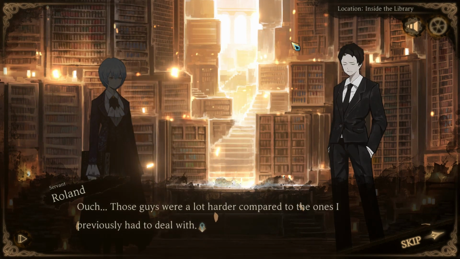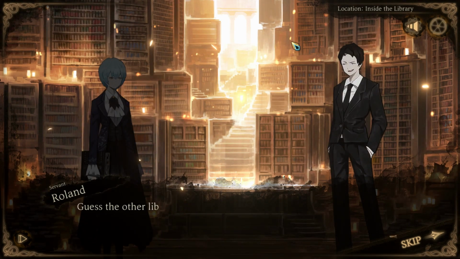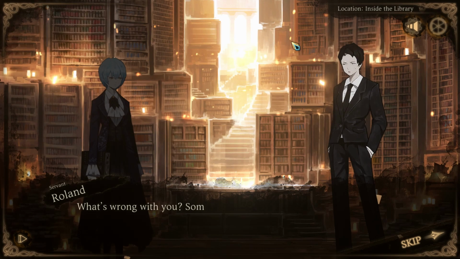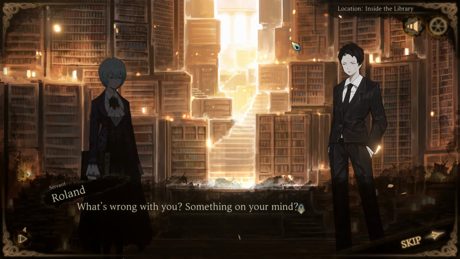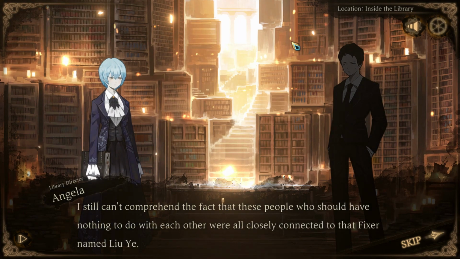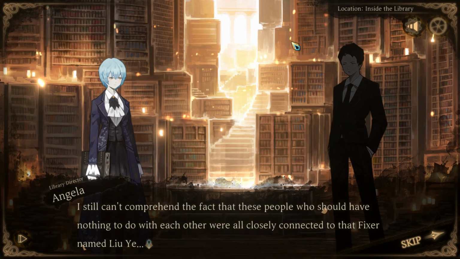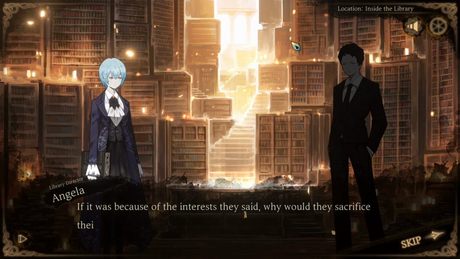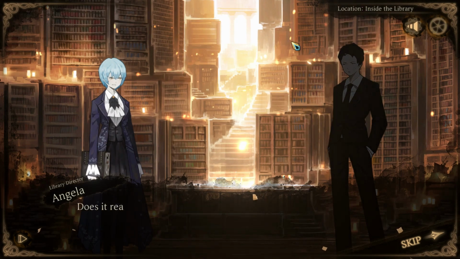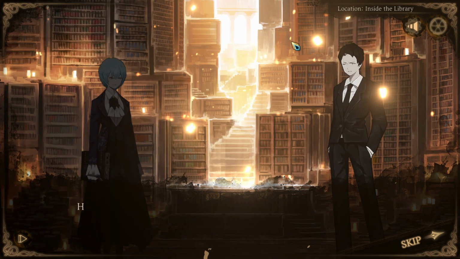Ouch. Those guys were a lot harder compared to the ones I previously had to deal with. Guess the other librarians have also successfully finished their receptions by now, right? What's wrong with you? Something on your mind? I still can't comprehend the fact that these people, who should have nothing to do with each other, were all closely connected to that fixer named Liu Ye. If it was because of the interests they had, why would they sacrifice their lives for such a thing? Does it really signify that the bonds shared between humans is so...